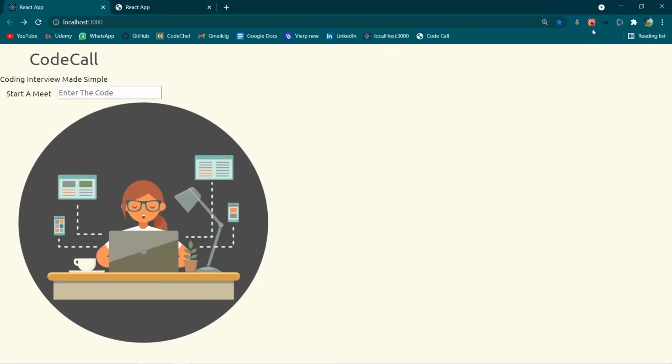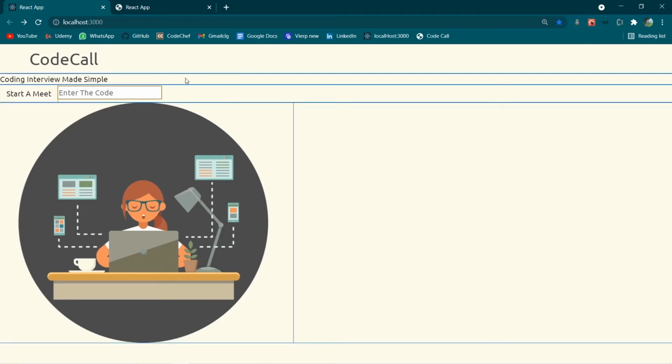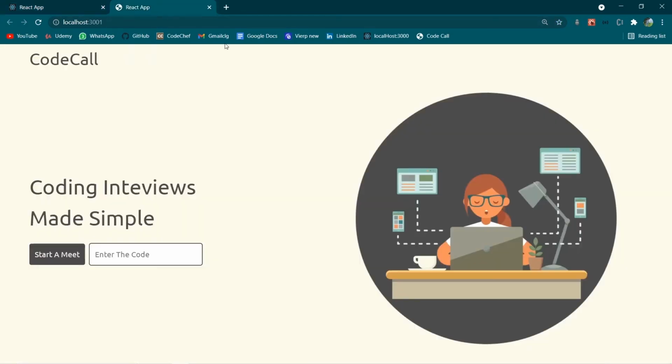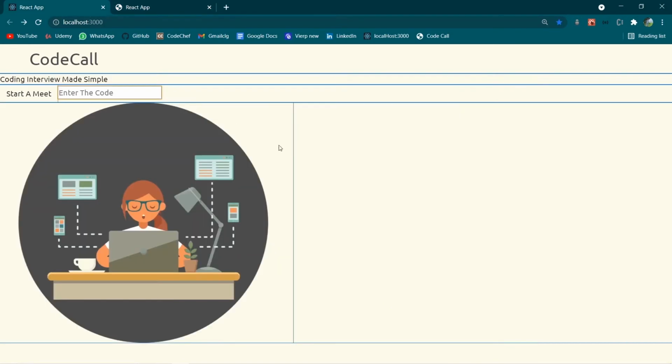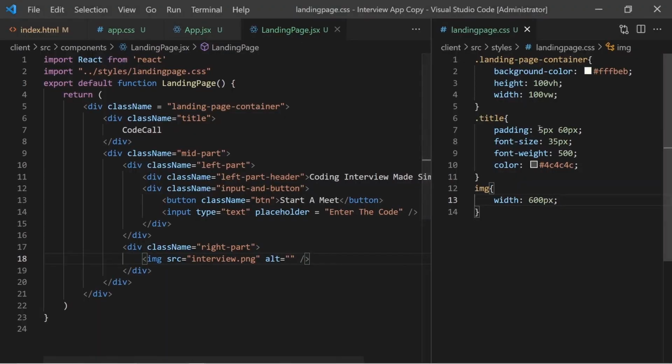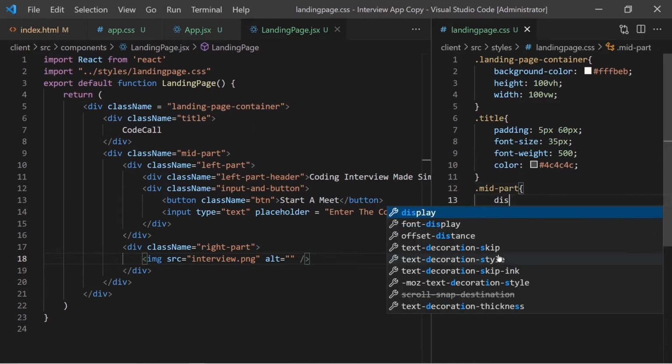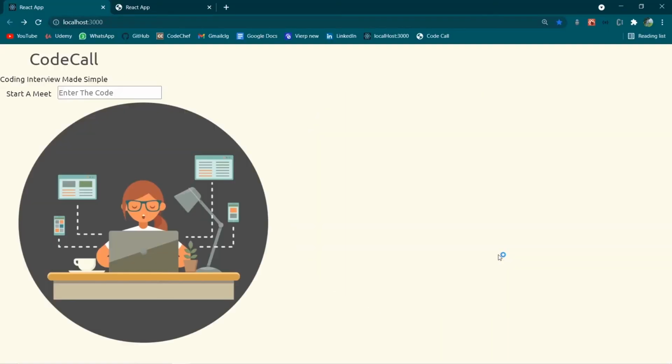Now what's happening over here is that these two components are in one line, but what we want is that they are in one row like this. So how do we do that? We're gonna use FlexBox for that. So come back to VS Code. In here, select the mid part and put display is equal to flex. That should give us